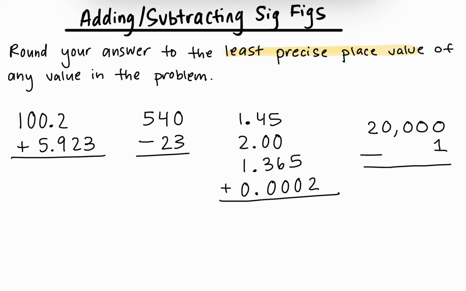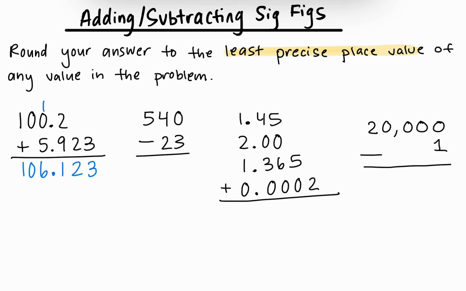So this first one, we're just going to add like normal. On all of these, really, you're going to add or subtract like normal first and then round. So 9, 10, 11. So carry the 1, bring the decimal down, 5, 6, bring down the 10. All right, so we just added that like normal, and now we're going to round to the least precise place